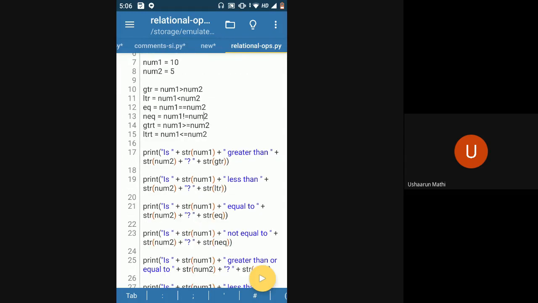So let's just execute this and check. I was printing the type of the variable at the start, so it is giving bool, and then it is giving the answer to all the relational operators that we performed. I hope this is clear to all of you. If you have any questions till now, you can ask, either on relational operators or comments or variables, whatever we saw till now.